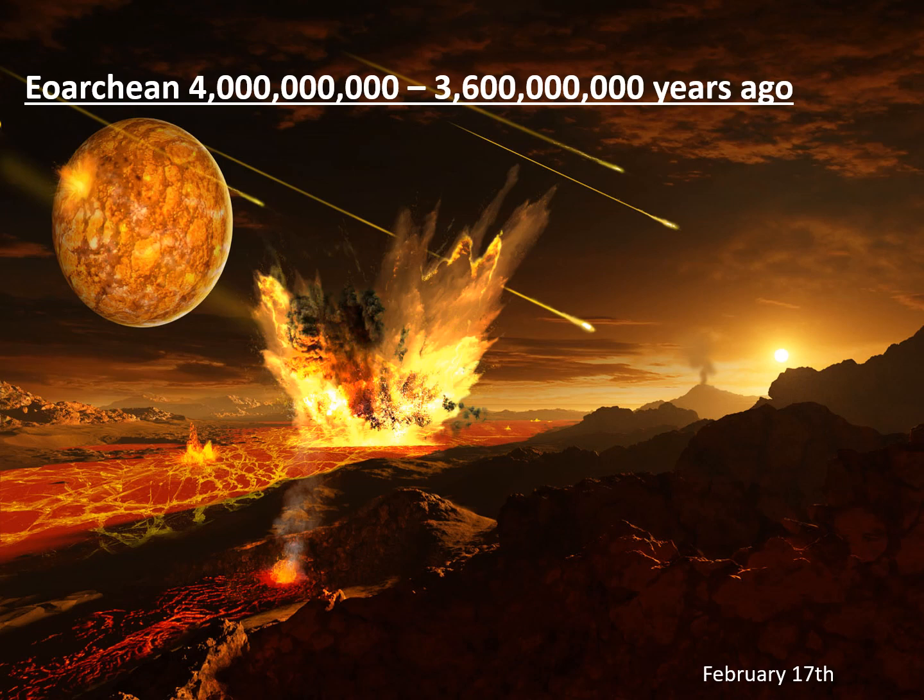February 17th, the beginning of the Eoarchean. As the Earth cooled, the area surrounding the Earth would cool as well. The condensation of the steam that had accumulated in the atmosphere from the comets and water vapor released through volcanism would create heavy rains, which would fall to the Earth's surface and accumulate to form our first shallow seas. At this time, the atmosphere contained mostly carbon dioxide, nitrogen, and water vapor. There was no free oxygen in the atmosphere, and you could not have breathed.